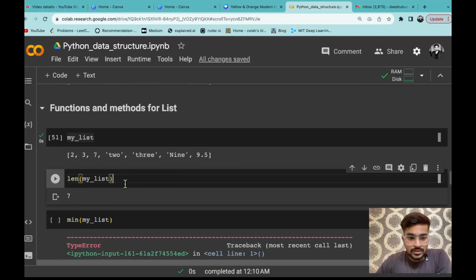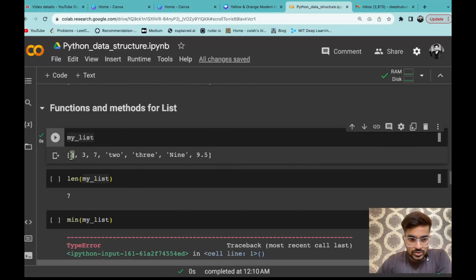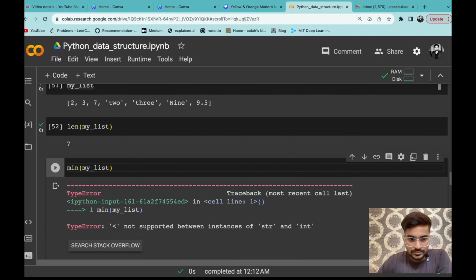So if you remember, string में कैसे length count होता था, like every character of that word was taken as a length and all the characters were counted to get the length of that string. Now in list, since elements are what? Those are the elements. So we have to count all those elements, like here 2 is 1, then second element, then third element, fourth, fifth, sixth and seventh. So we have 7 elements. That is why the length will return as 7.